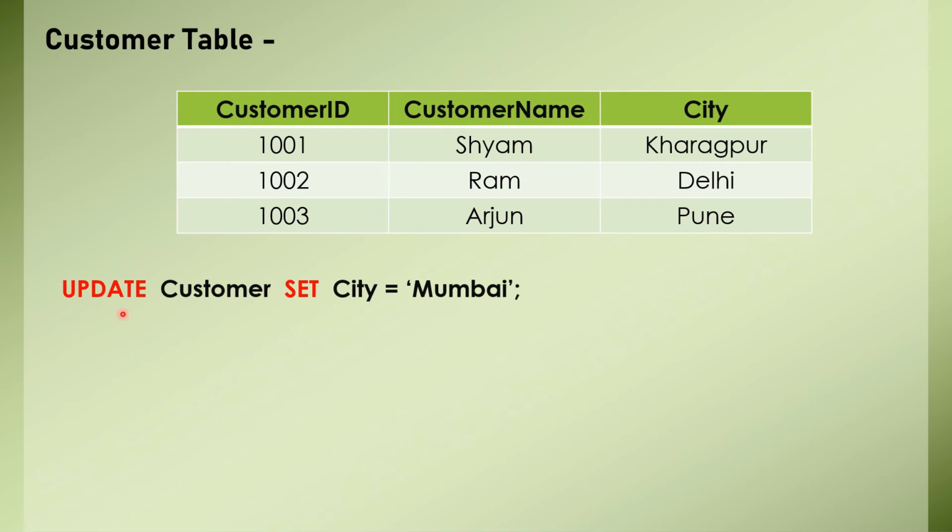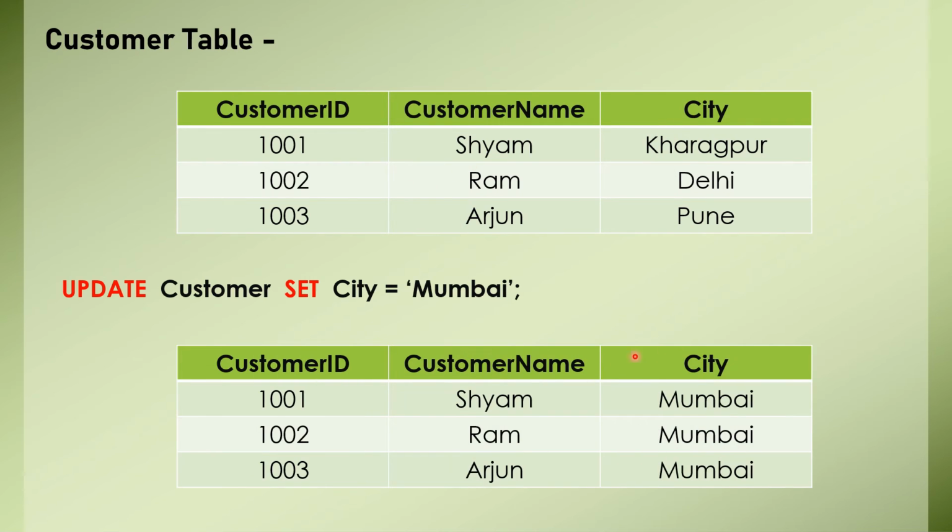So the query which I wrote is: update customer table, set city to Mumbai, but I have deleted or ignored this where condition part, right? This is the case where I want to show you what kind of mess you can get into whenever you omit the where clause. So what will happen? You go to this customer table, and I will set all the city values to Mumbai, and since there was no condition part, every row is updated with the city. So what will be the final result? This will be the final result.